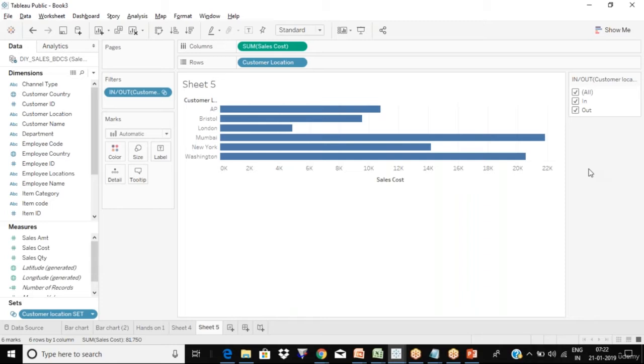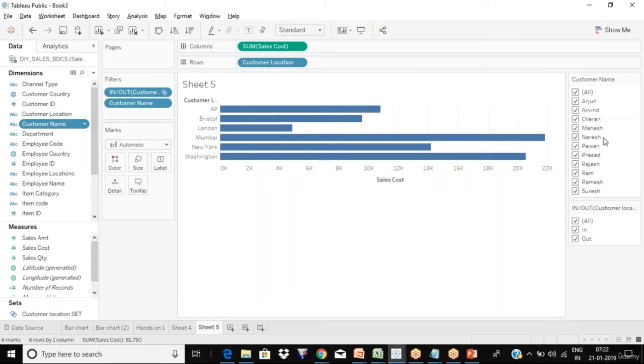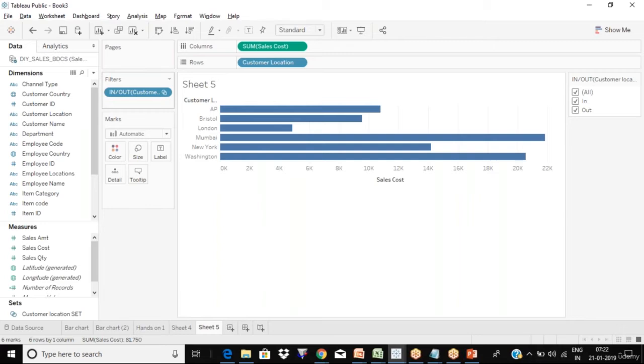See, any column, from the dimensions or measures, you would not see filters until and unless you do show filter. So let's say I'm clicking on this arrow and doing show filter, then only I would see that filter option. Otherwise, you will not see it. So the purpose of creating a set is only to filter out the data as per our requirement, like we want to show the AP and Washington data. Correct.